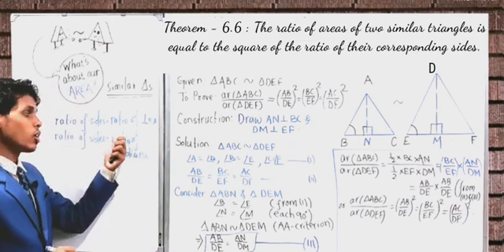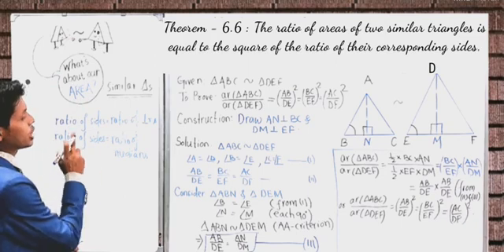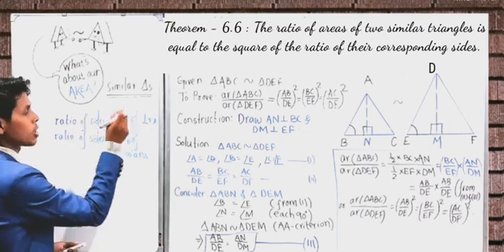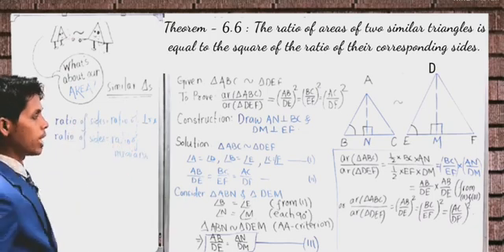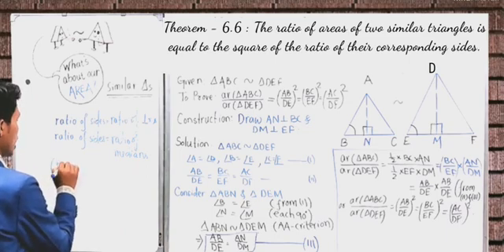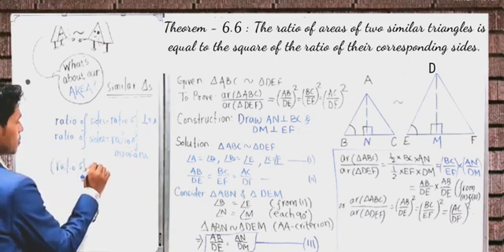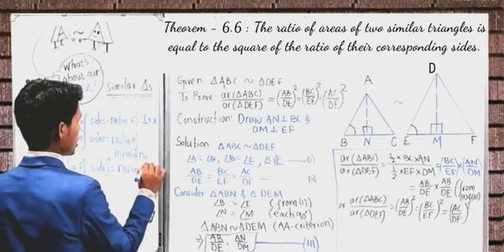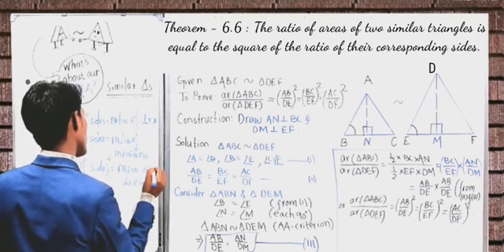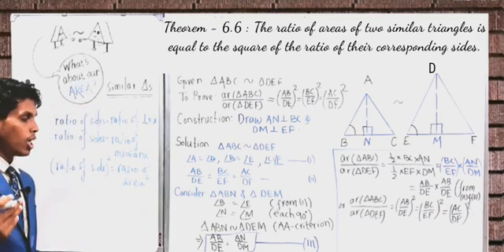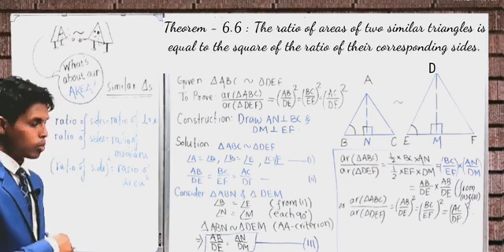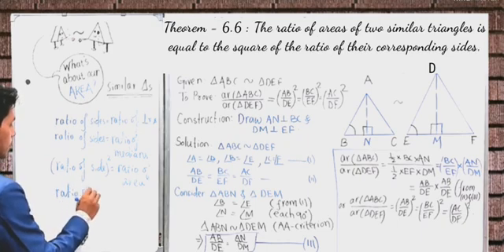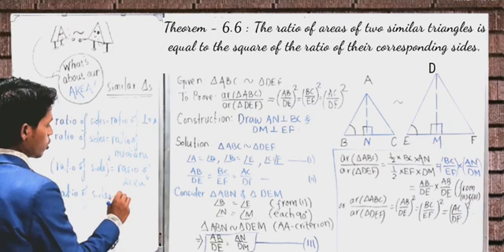Okay, so ratio of sides is equal to ratio of perpendiculars. Another point you should remember is ratio of sides is equal to ratio of medians. You have to use the word corresponding. Corresponding sides, corresponding perpendiculars, corresponding sides, corresponding medians, and square of ratio of sides is equal to ratio of areas. It is very easy to remember because area usually is represented in square units. So ratio of the area will be square of the ratio of sides. And another point you should remember to solve questions, ratio of sides is also equal to ratio of perimeters.